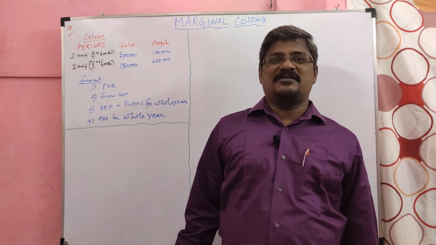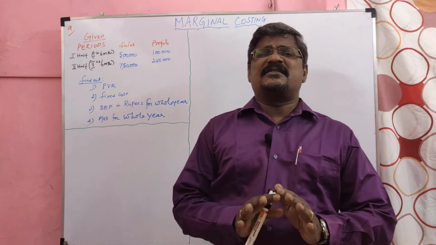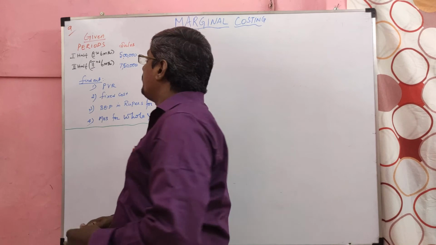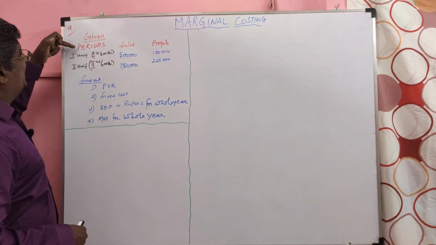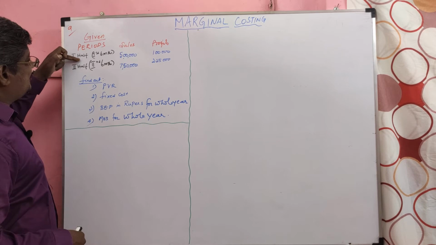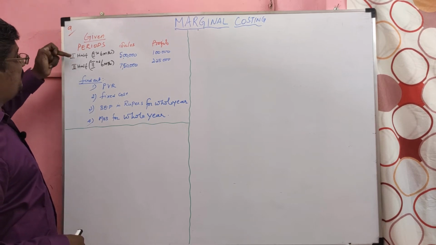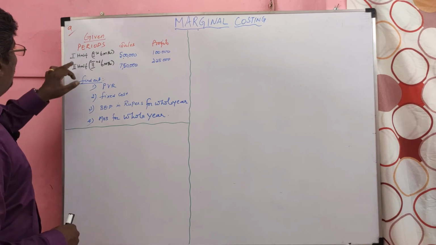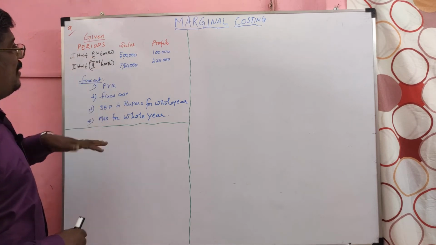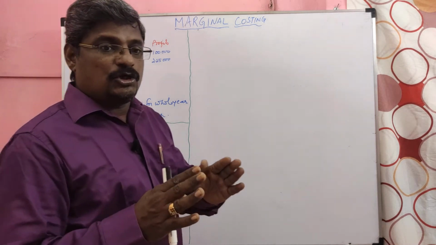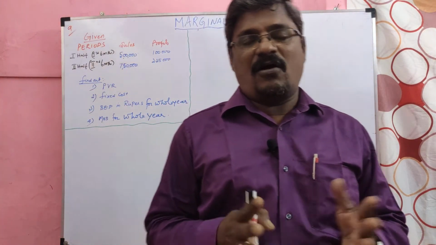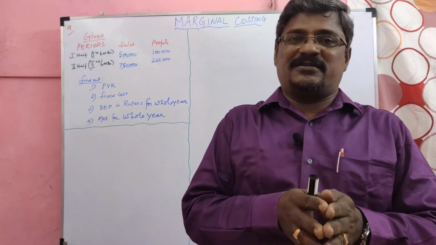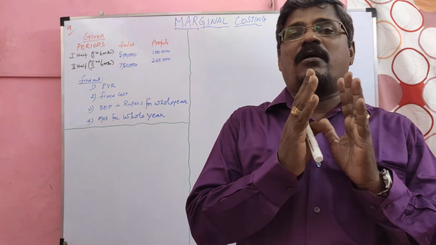Now I am going to solve sum number 9. It is same as the 8th sum, but only one difference. Look at the problem. In last problem, year 2016 and 2017 are given. 2 different years are given, correct? But in this problem, first half year, second half year are given. Or first 6 month, second 6 month. So 1 year divided into 2 parts are given. So you have to look at the problem carefully.